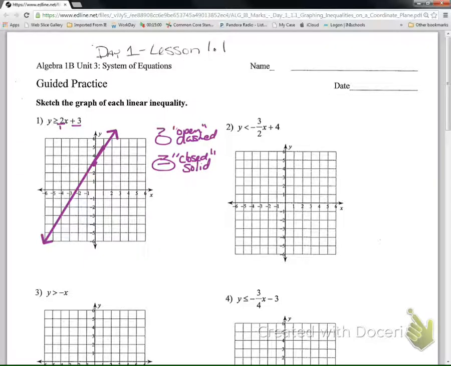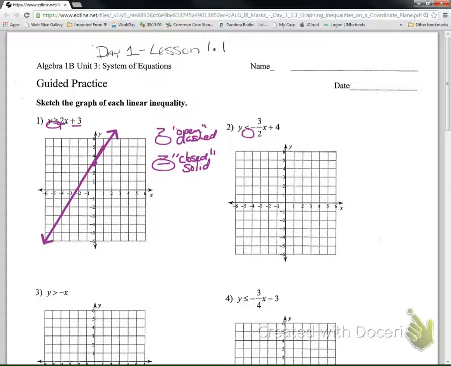So whether or not there's an equal sign underneath our inequality, like in problem example 1, or if there's none, like in problem number 2, tells us if our line stays a solid line. For example, in example 1, we do have a solid line here, so I'm not going to do anything differently to this one. Let me go ahead and begin doing our graph for problem number 2 so that you can